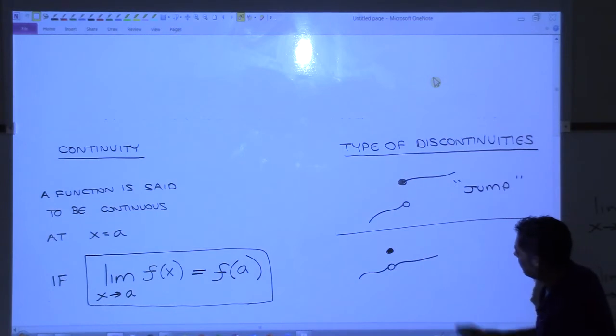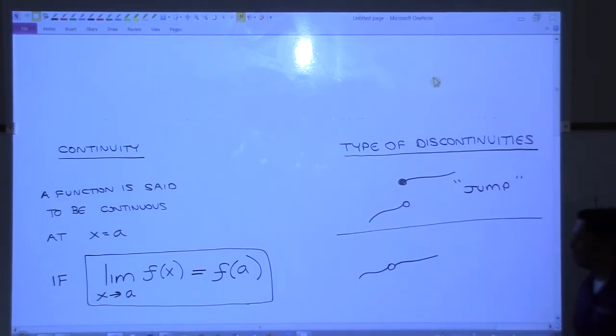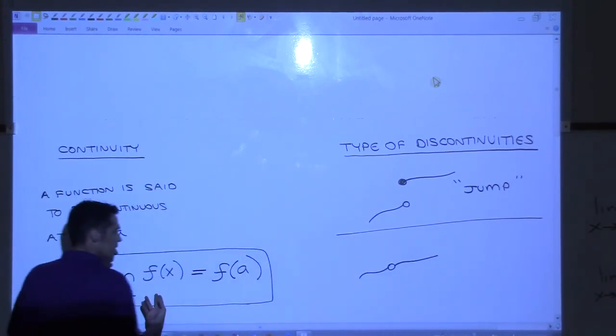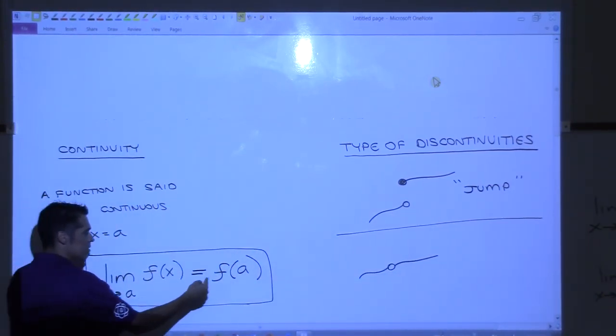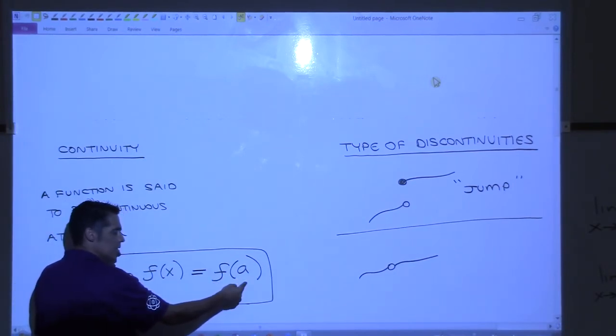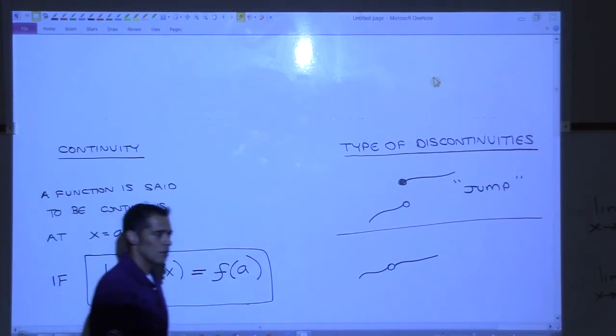And I don't even need to put the dot here. Right there, does this limit exist? Does the limit exist? Yes. Is it equal to the function's value at that point? No, because the function isn't even defined, right? This is called a hole